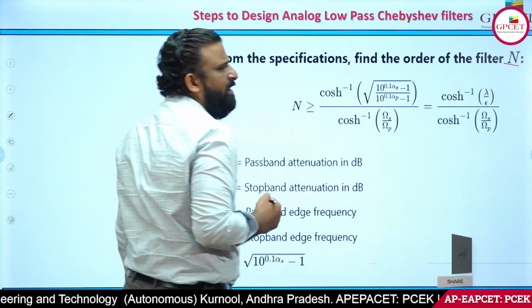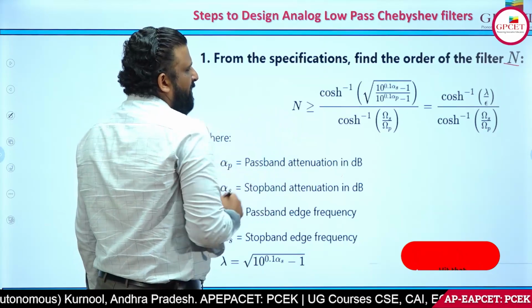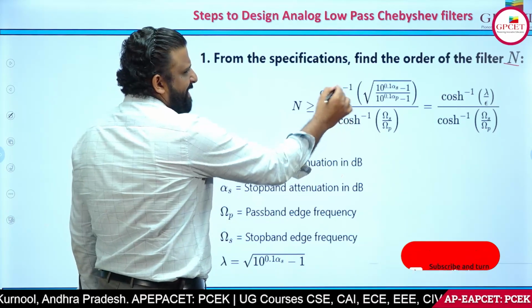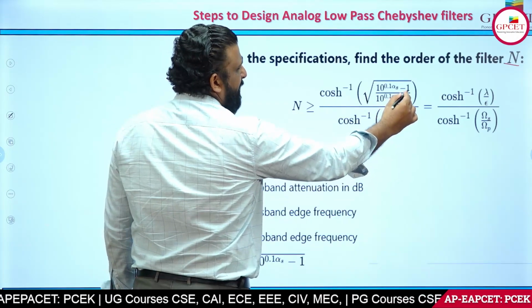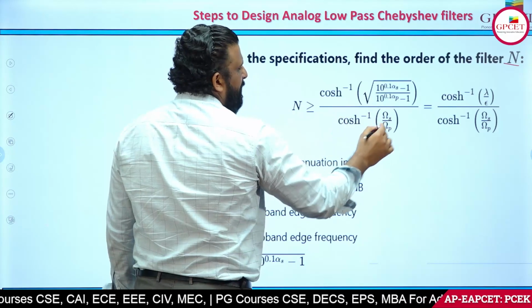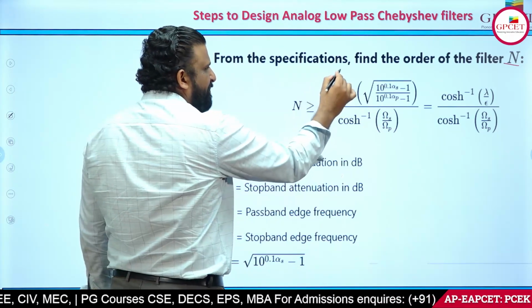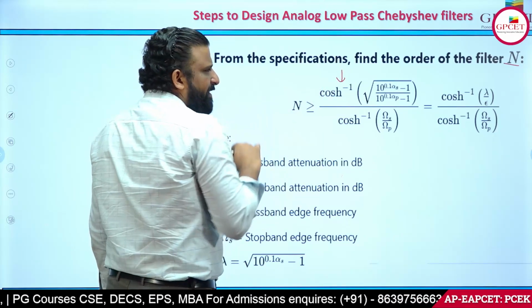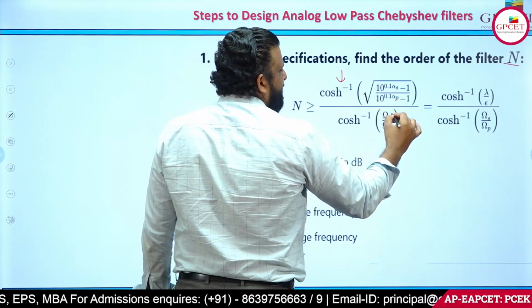We are going to find out the order of the filter. The formula we are going to use for this is N greater than or equal to cosh inverse of square root of (10 to the power of 0.1 alpha s minus 1) divided by (10 to the power of 0.1 alpha p minus 1), whole divided by cosh inverse of omega s by omega p. This is one formula. We use it when the specifications are given, that is omega s,